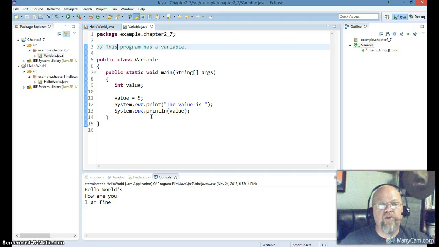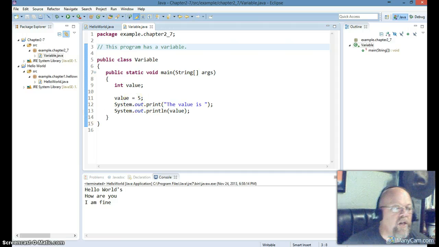Really large numbers use a double. A double is probably used most of the time. Float is 4 bytes. A double is 8 bytes. Okay, so with that being said, to declare it, again, we always use lowercase for declaration and for